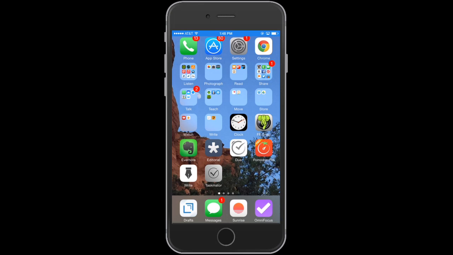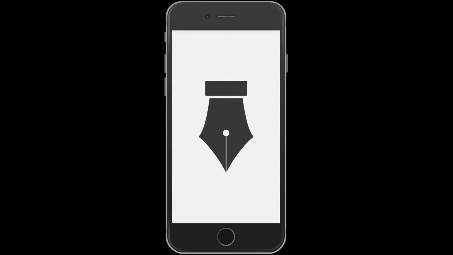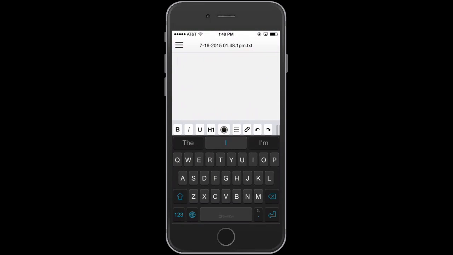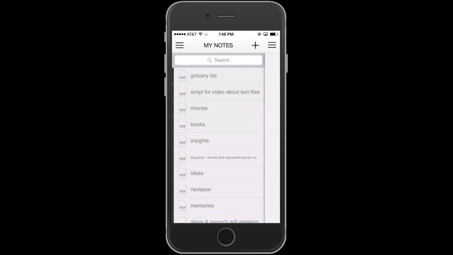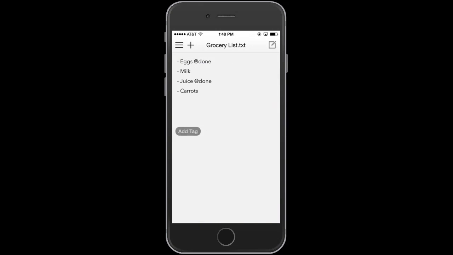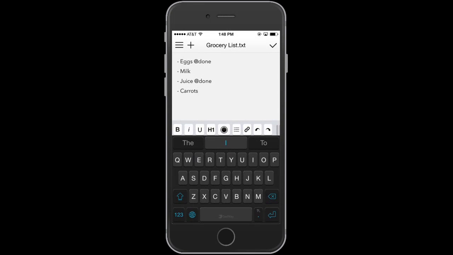The first one is this app Write, which you'll see on the bottom left side of the general app screen. I'm going to tap that, and it's going to open, and you're going to notice that it's going to reorganize all of my files in the order that I've edited them. Okay, so if I go to that grocery list, I'll be able to see my grocery list. It's very handy. I can add things to this grocery list by tapping and adding another